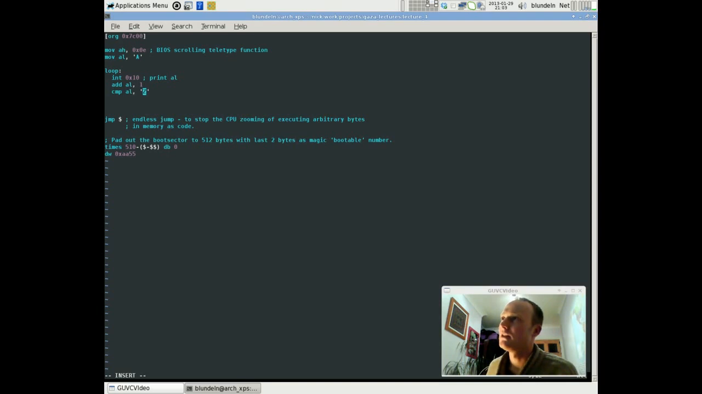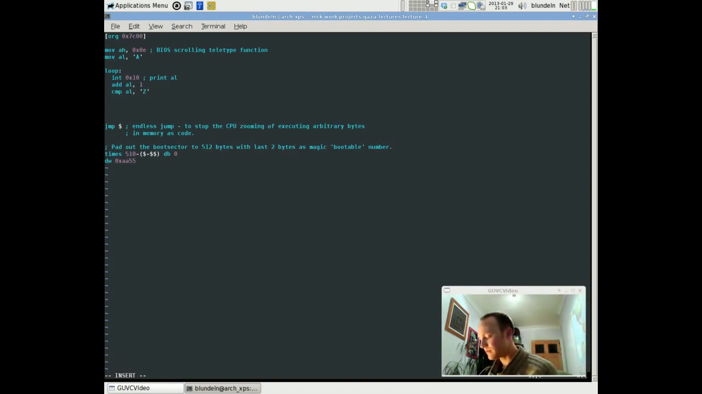If I had some other language in there, then it would think it was a different character. So I'm just comparing AL to the ASCII value of Z. And what I want to do is, I've done the comparison, and I want to jump back to the start of the loop